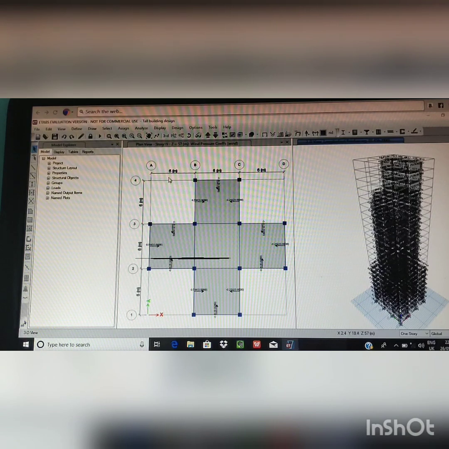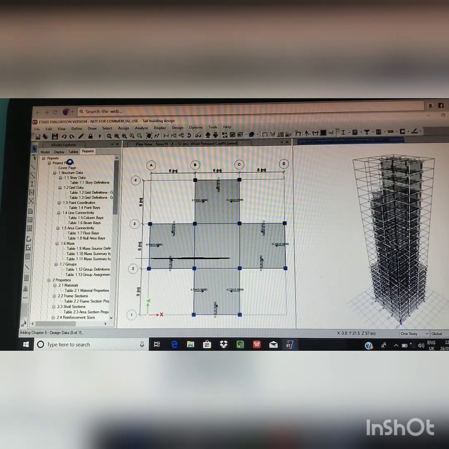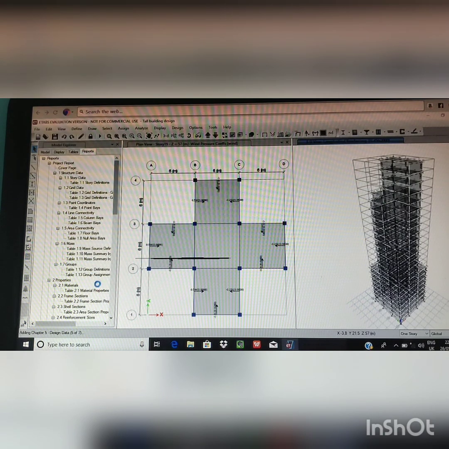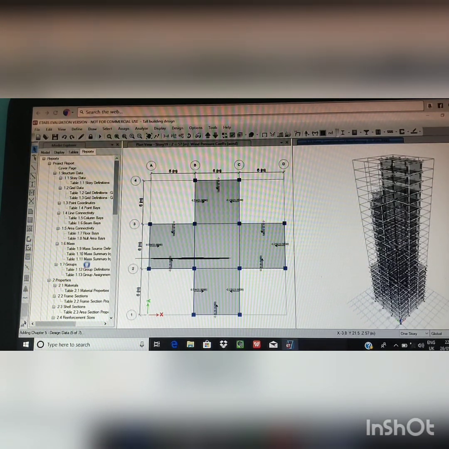And for the reports, we click on the report, project report. Now from here we can see the report of properties and materials, which one required.